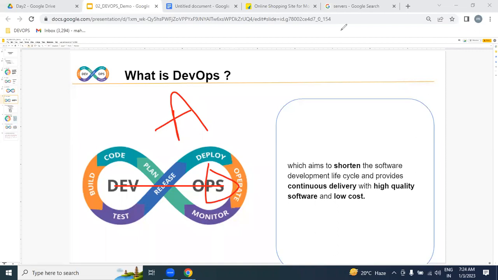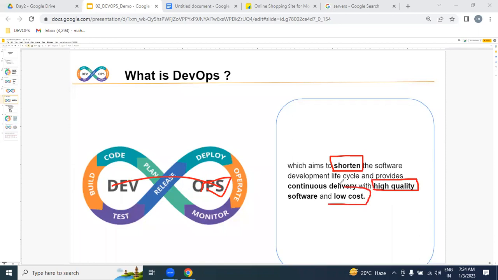That is the DevOps process. While delivering working software into the production environment, make sure whether you are delivering within the shortest time, with high quality, and with low cost. This is exactly the DevOps process. What is DevOps?